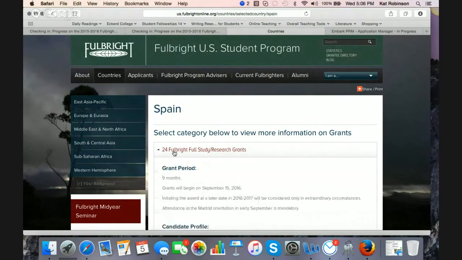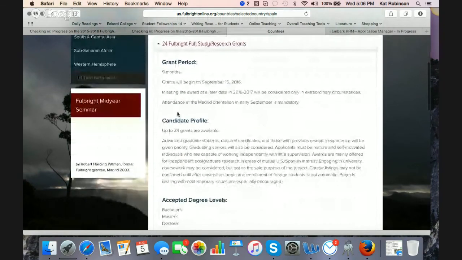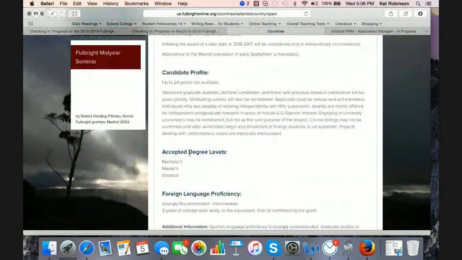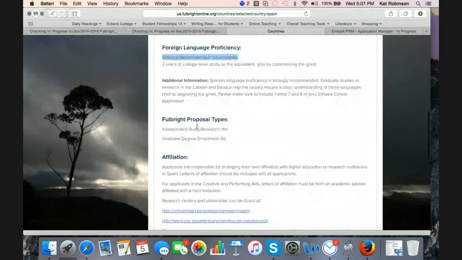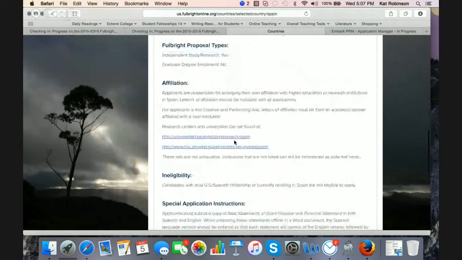When you select one of these areas, you will see that it tells you how long the grant period is, what the candidate profile should be, the degree levels they're seeking, what proficiency they require in the actual language, which here is intermediate or 2 years of college study, and the various proposal types and affiliations.